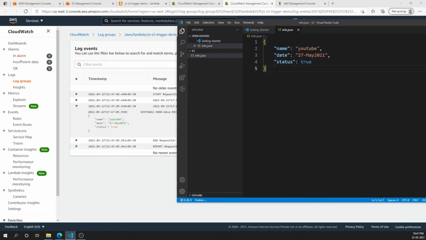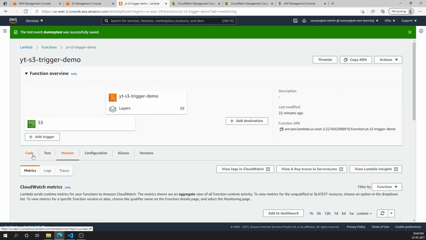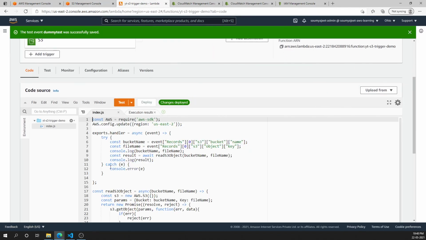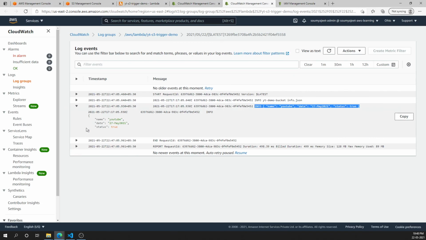So we uploaded this info.json file to our S3 bucket. From the S3 bucket we created a trigger to this Lambda function, and in this Lambda function we wrote a small function to read the S3 bucket information and output it to our CloudWatch log. So this is how you read from an S3 file on